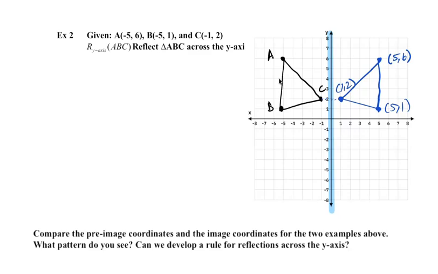And look at our new points compared to our old points. So this is A prime, B prime, C prime. A prime is 5, 6. B prime is 5, 1. And then C prime is 1, 2. If you notice what happened this time, when we flip it across the y-axis, we changed all the x values this time. So the rule here